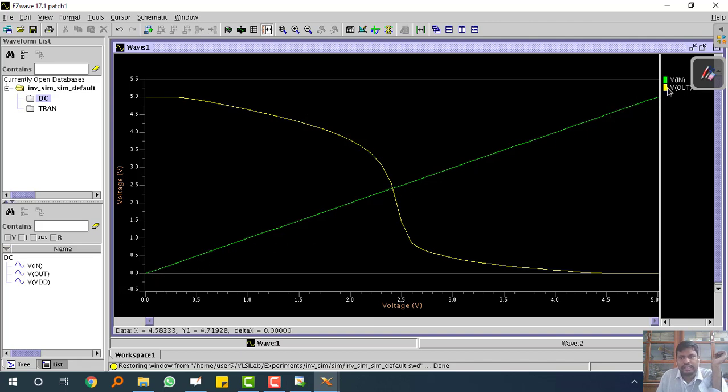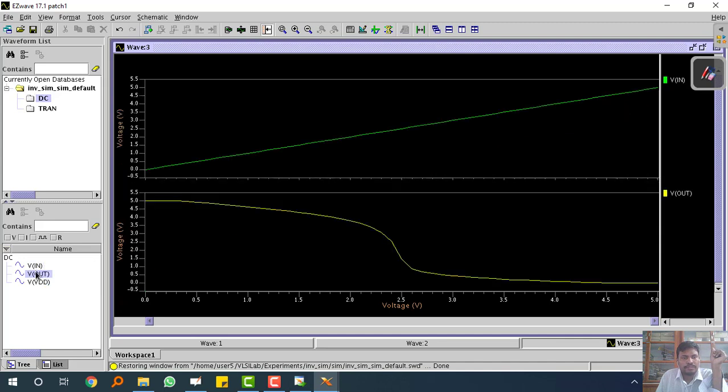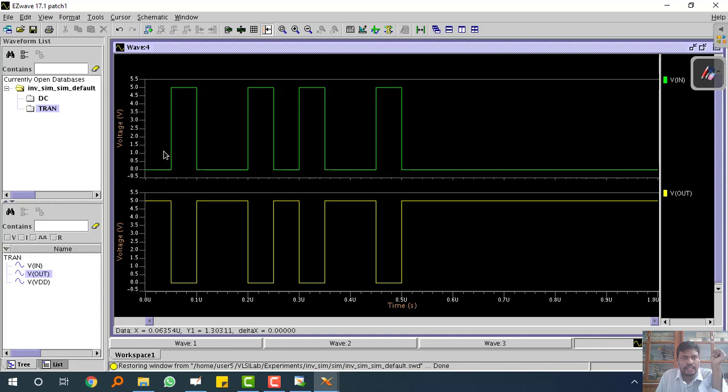This green line is Vin and this yellow line is Vout. As Vin increases, Vout decreases. And this is your Vin versus Vout output. See, it is an inverter. If input is 0, output is 1; if input is 1, output is 0. So the output is the inversion of the input.